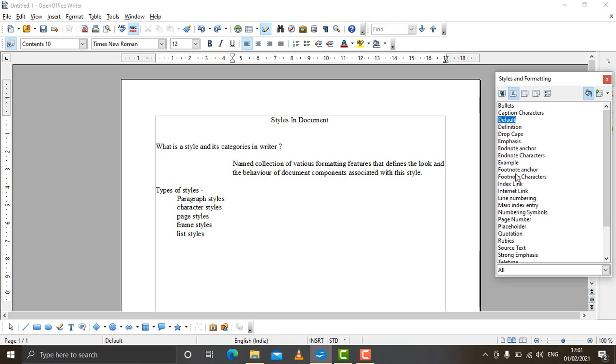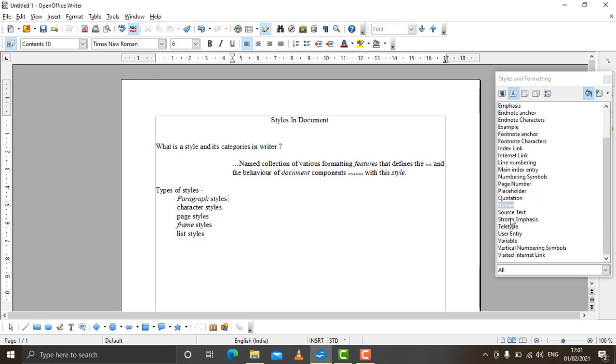Suppose you want, say, emphasis, click on it and click on a text. You can see it is changing. Click applied, click applied, click applied. Quite simple. Next format, we can see, click applied, click applied, strong emphasis, click applied, click applied. So we can see it is quite a fast, quick method to apply the styles.